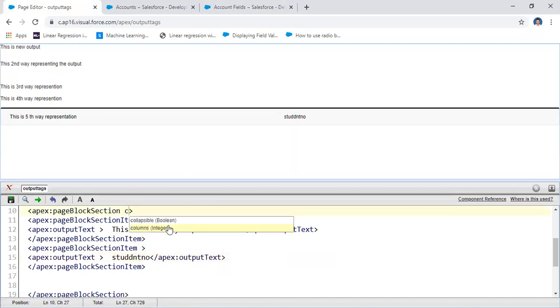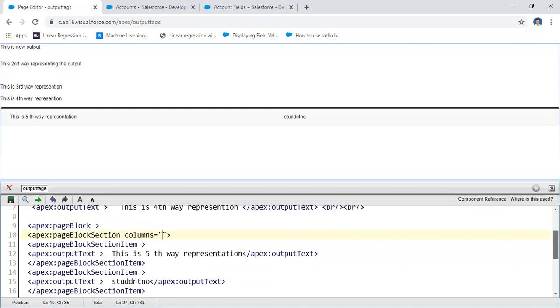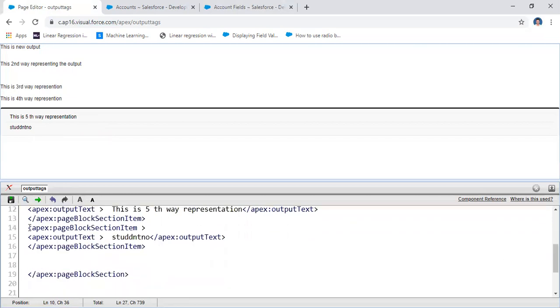The columns equal to one. One indicates that the information will display one after another. Here there is a student name. I need a placeholder. How can you get the information by using the input tag?